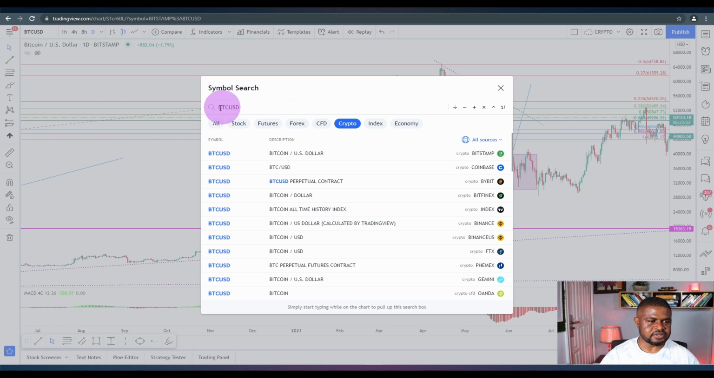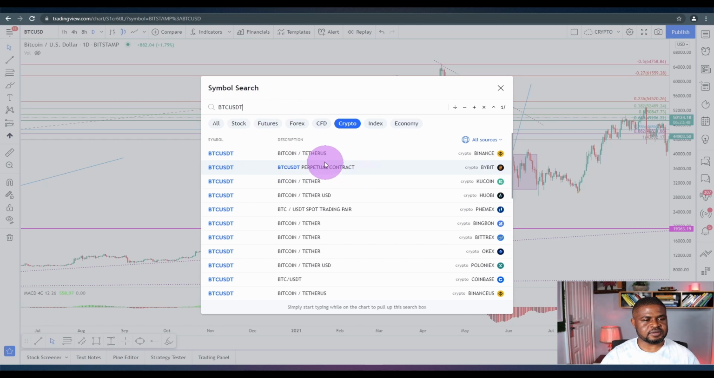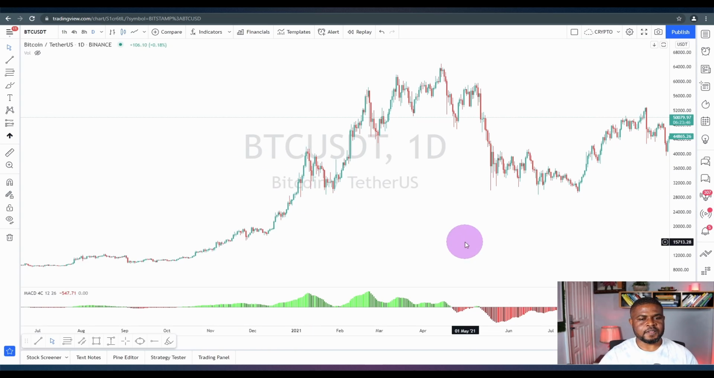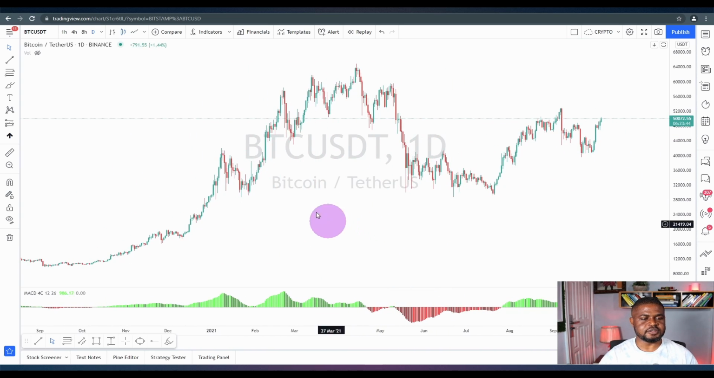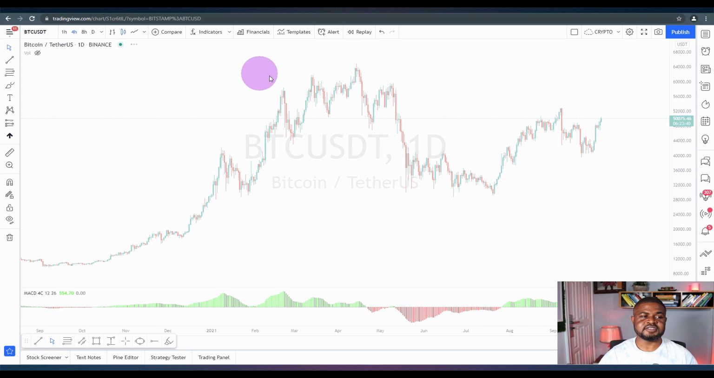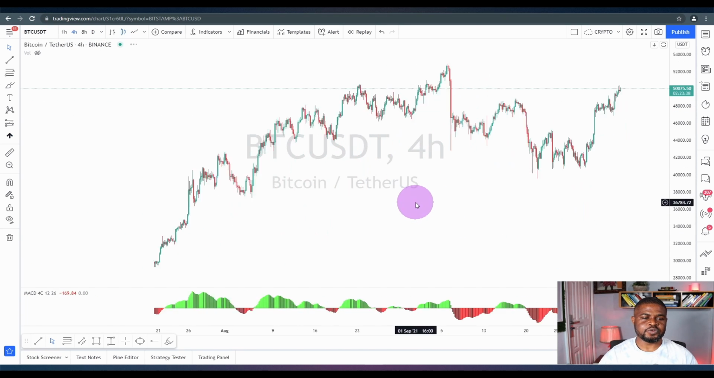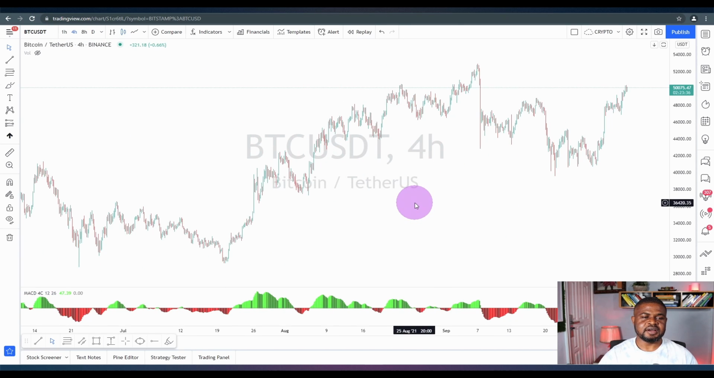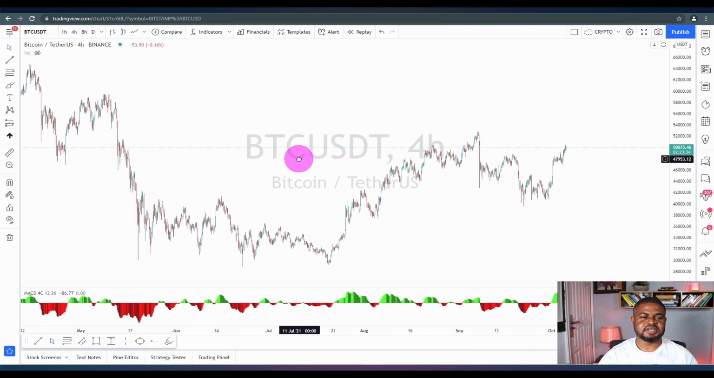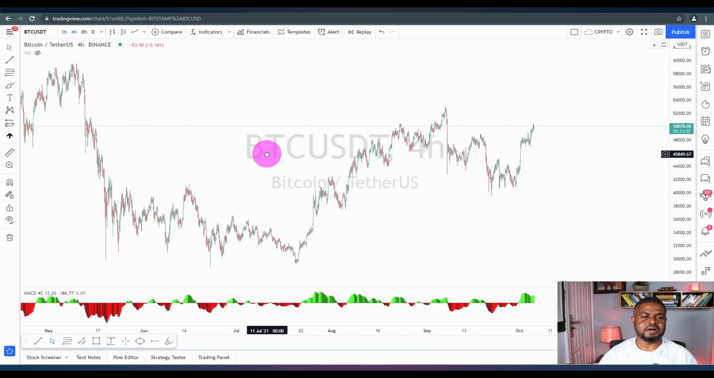Let me pull out BTCUSDT to have a plain chart. This is a plain chart, a daily chart. We can use any time frame to make our technical analysis. Okay, I'll start by